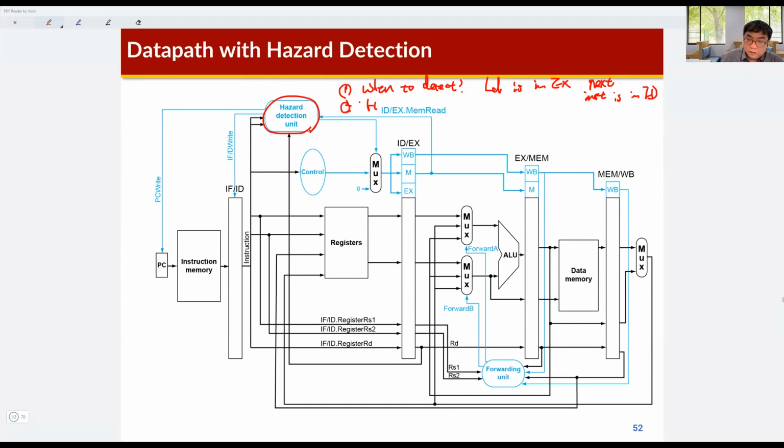And then how to detect. I explained that, and also the required operation. The ID stage is stalled, the instruction fetch stage is stalled, and then a bubble instruction is generated into the EX stage. Okay,